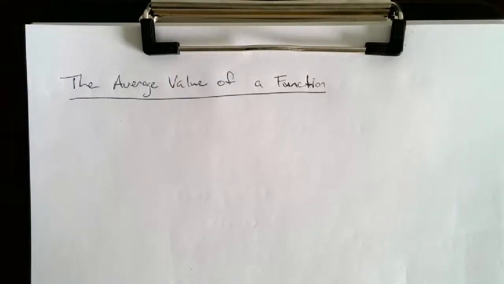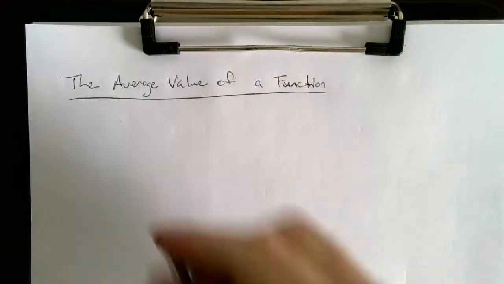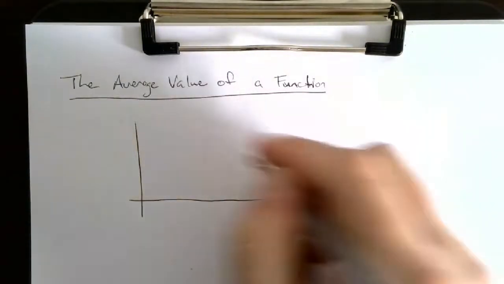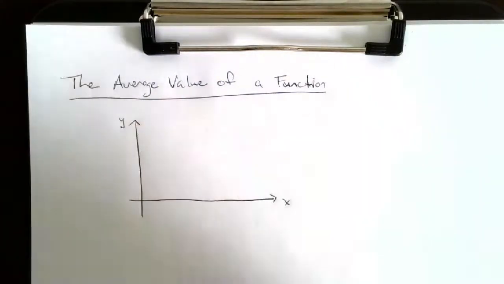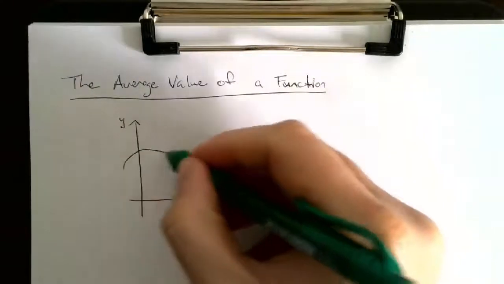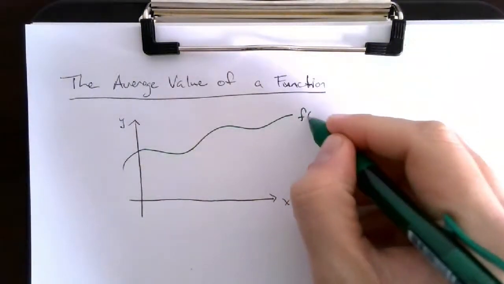This video is on finding the average value of a function. Before I write out a formal definition, I really want to show you what the average value represents, and then we'll talk about the formal definition. So I'm going to draw this out as a sketch on an x and y axis. And we'll say we have some sort of function here, which we'll call f of x,